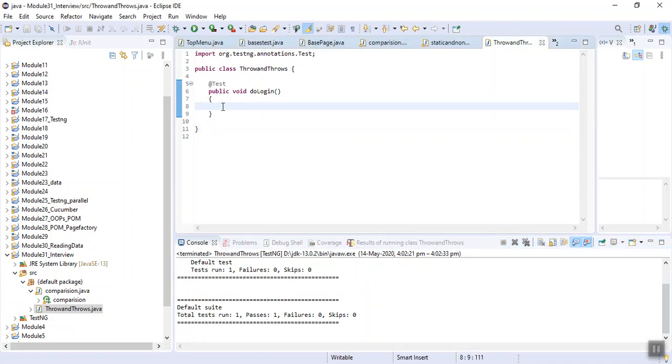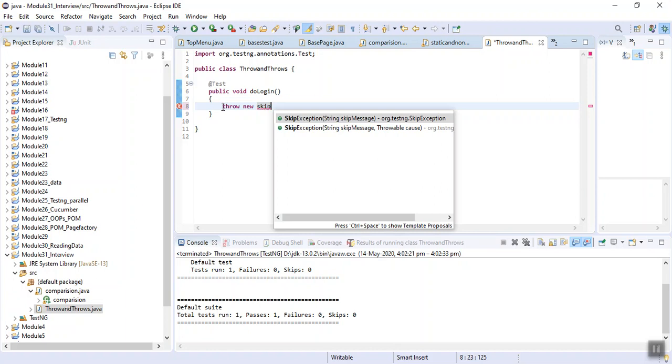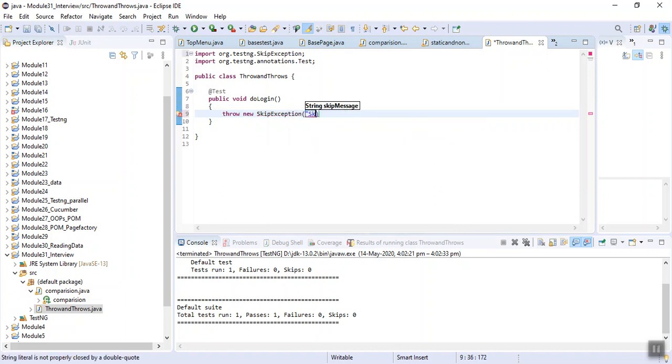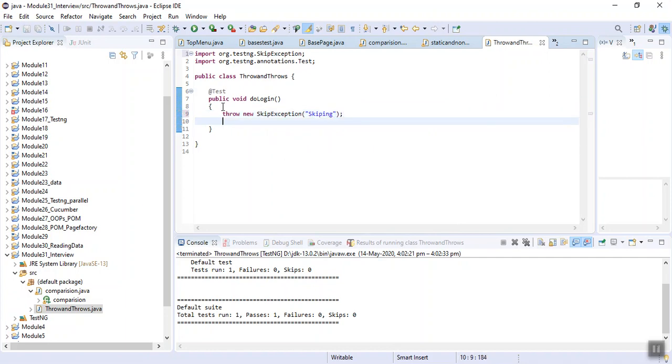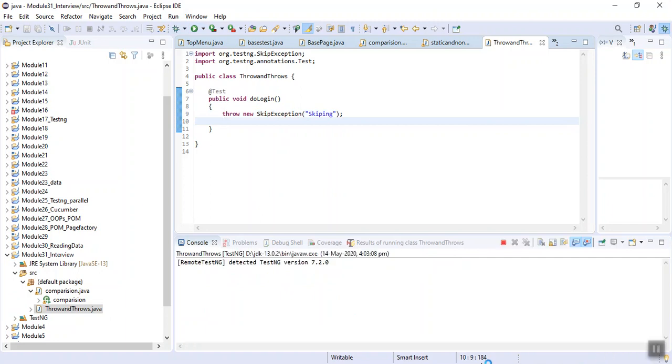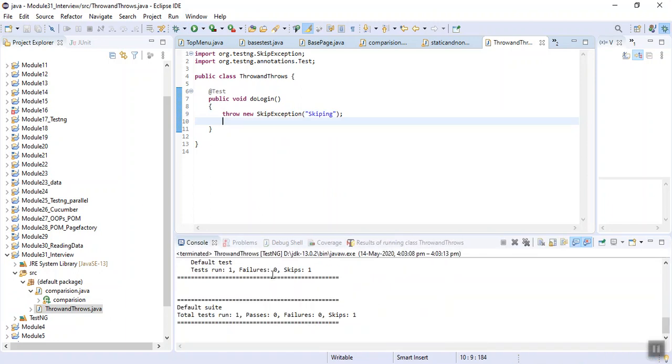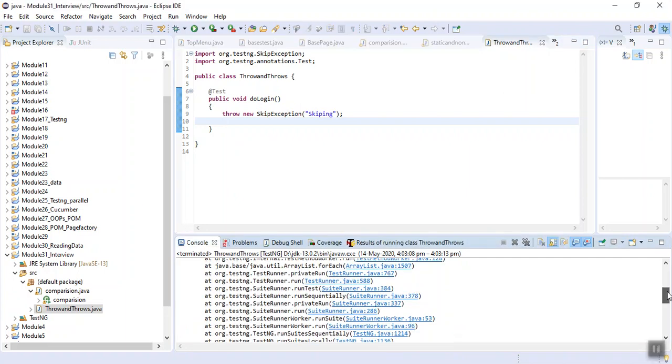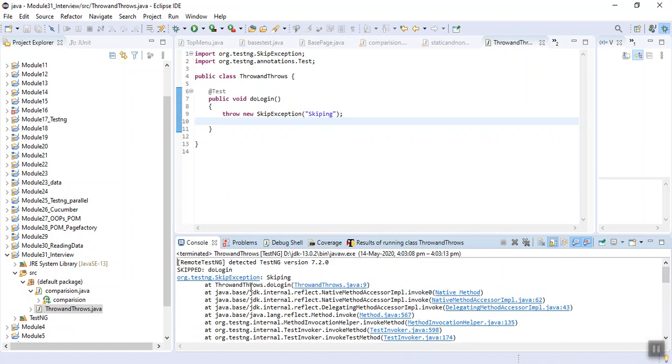Now what I do, I throw deliberately: throw new SkipException. Fine. Now if I run it, see, it has skipped this case. So if you see here, it has deliberately thrown the exception.